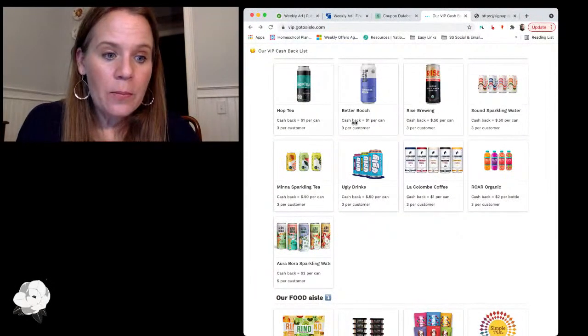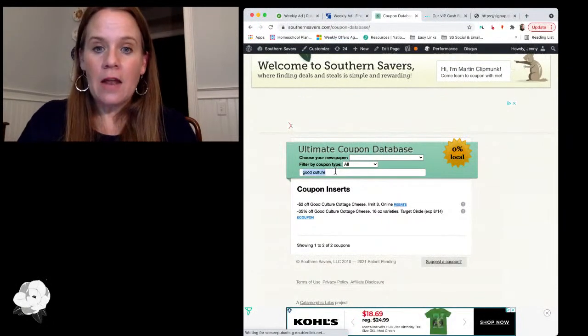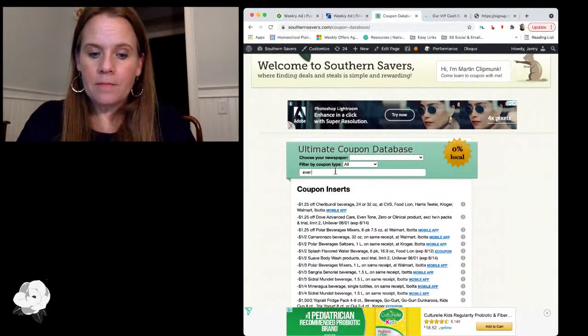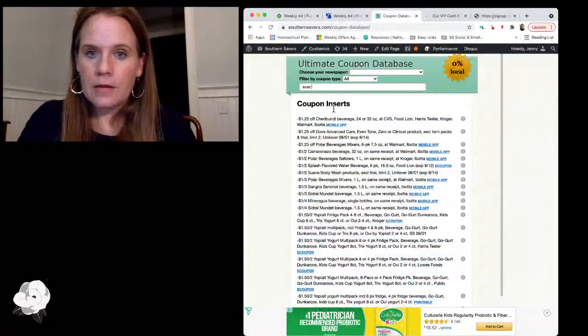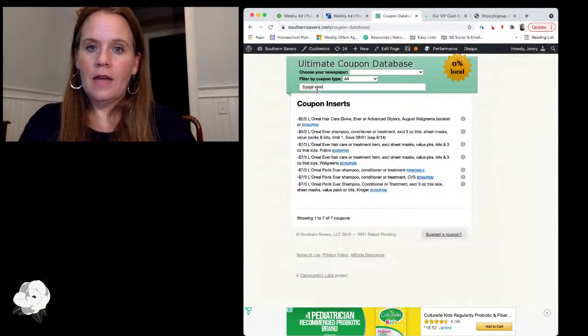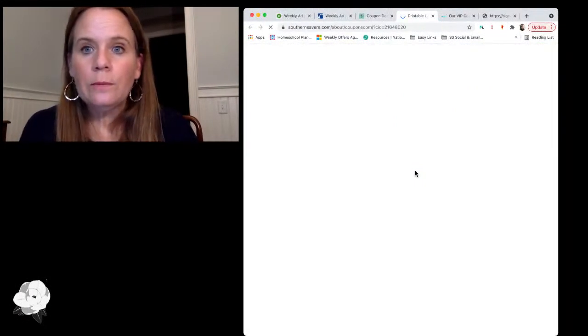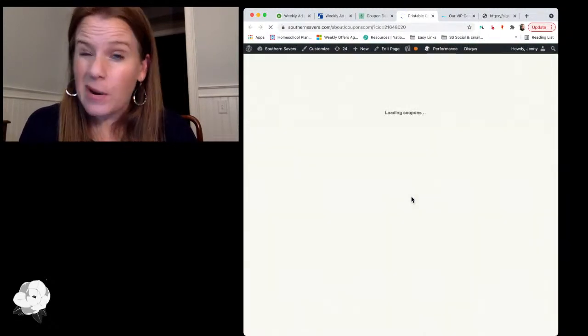Kathy, can I show how to print coupons off the site? So if you are needing printables and it's not wanting to print for you, I use the database here. I'm trying to think of one of them, the new kind of, let's go L'Oreal. We just got a $7 off 3. So this printable, I mean, really, if you just are selecting your offers and then you hit print, it should